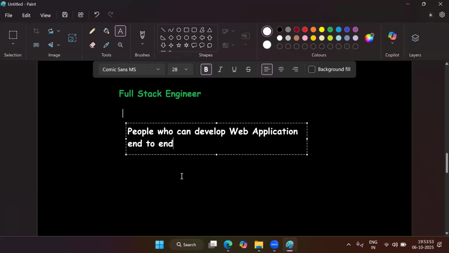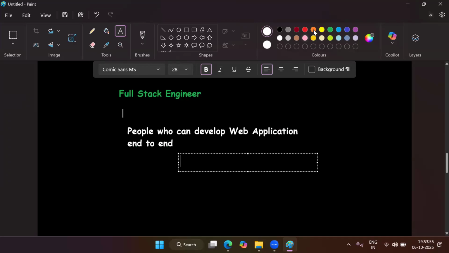End to end means they should know how to develop front-end application, they should know how to develop back-end application, and they should know how to manage database also. This is the minimum requirement to be a full stack engineer.